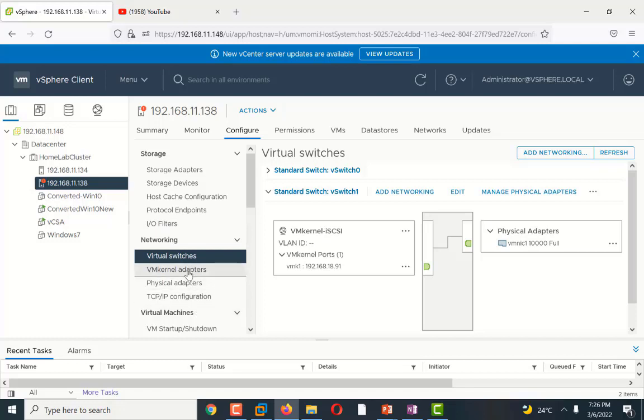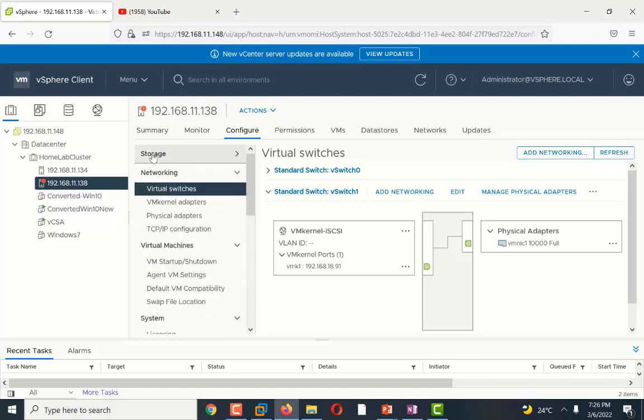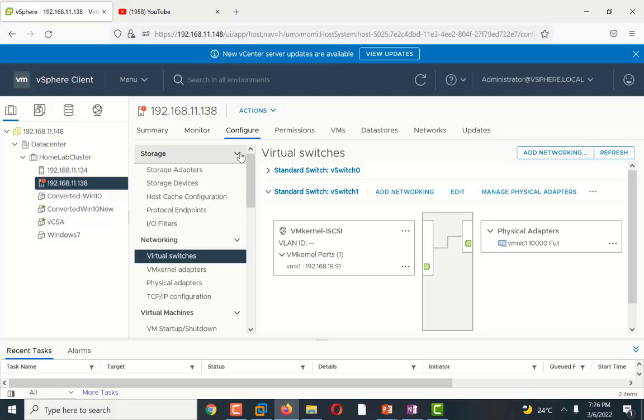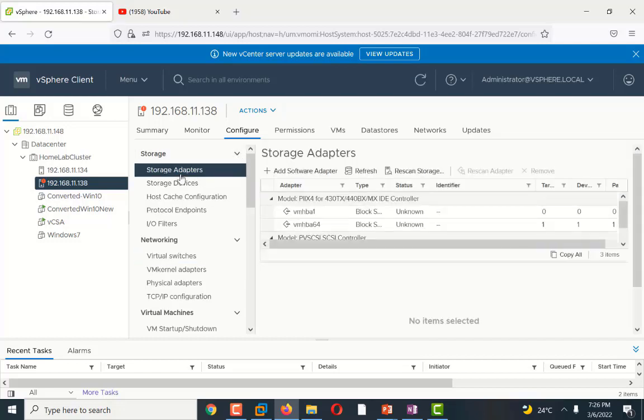So I will click on add a software adapter from the top. So this is the equivalent of an HBA card. So I will click on add software adapter, add a software iSCSI adapter, click on the OK.